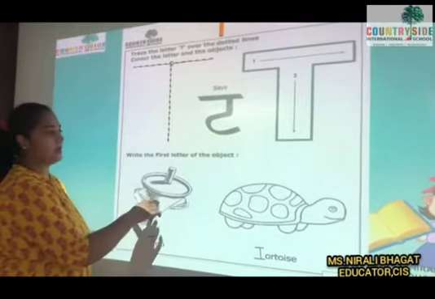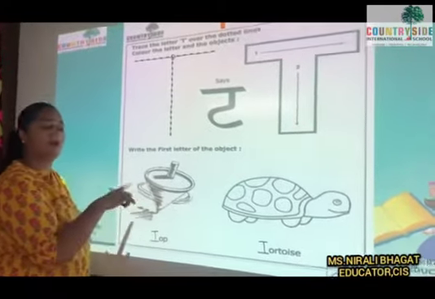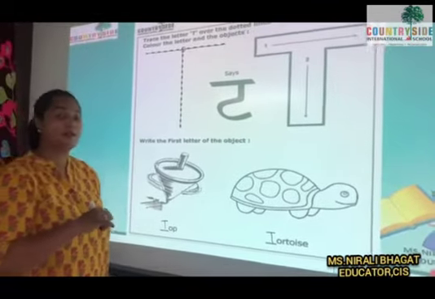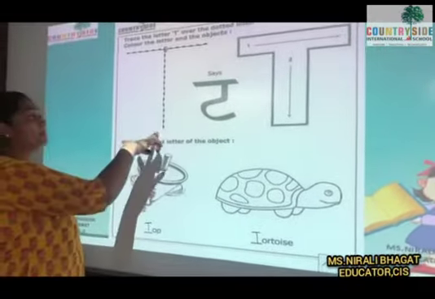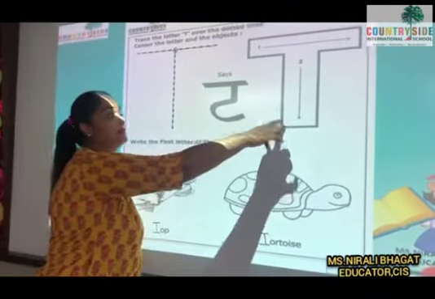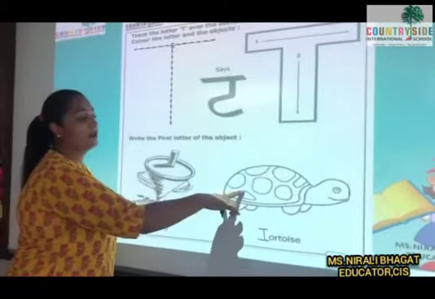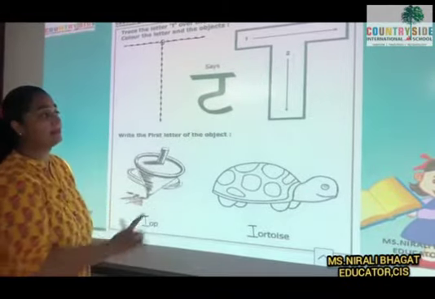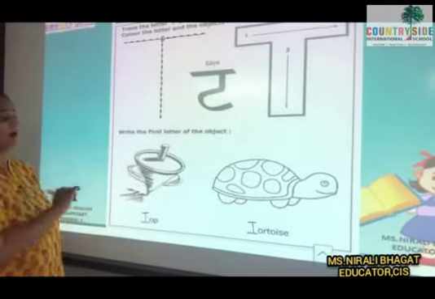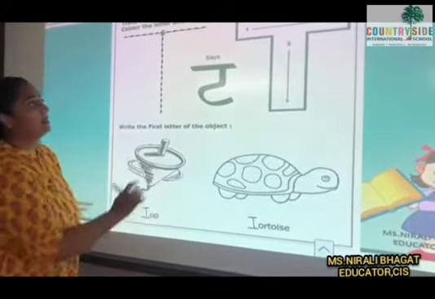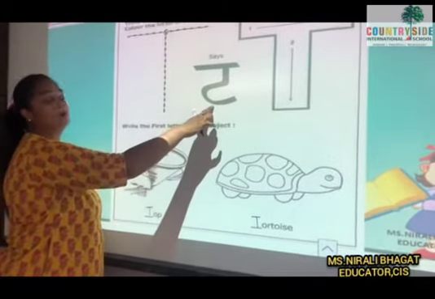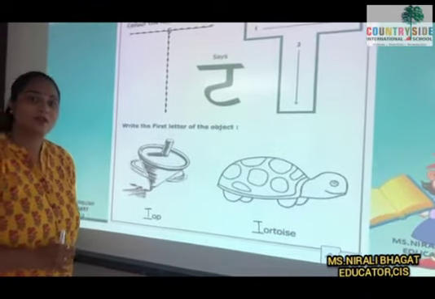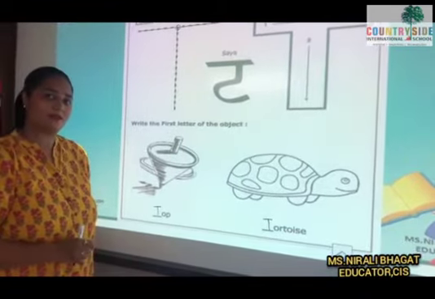And in this picture, you can color of your choice. Any color you can choose. So children, this way you will complete by tracing, by coloring the T. Here also you will color the object, and the first letter you will write, that is T. You will write here T. See, it's written. T says, what is the sound? T. So this way you will complete this page number 16.